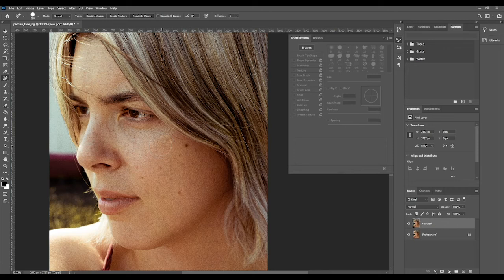Right, so now I will just get a size to match the blemish that we want to remove, and all you have to do is get the size that you want and then click it, and you can see it's removed just like that. So I could go on and start clicking and removing the